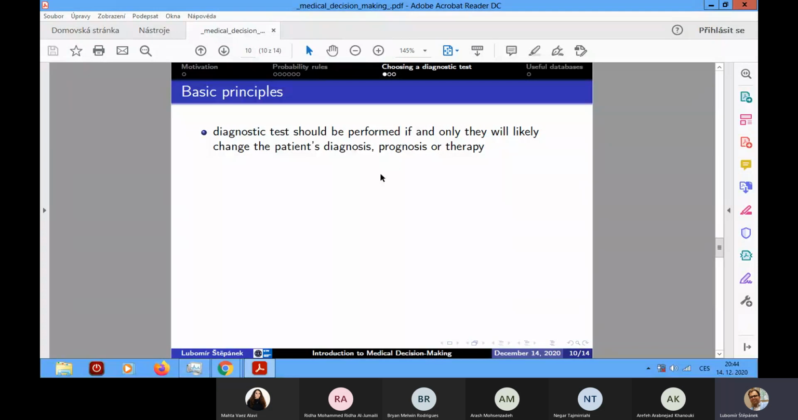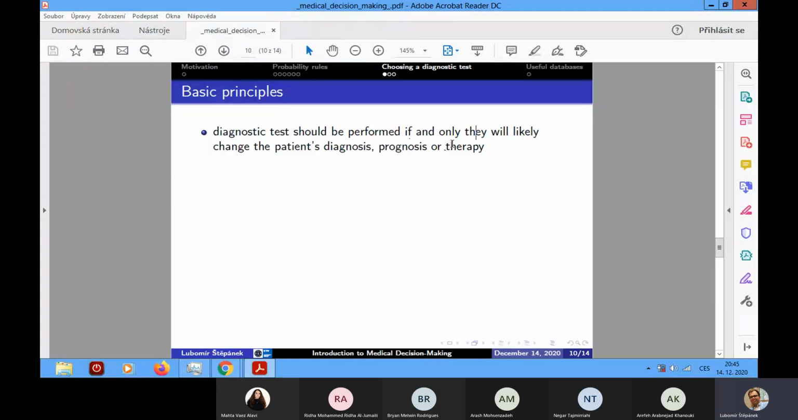In such a case, it's absolutely not necessary to do the diagnosis. If, regardless of the result of the test, we still follow, for example, the watch and wait strategy, it's just a waste of money and a waste of time to do the diagnostic test. So if we are not willing to change, for example, our current treatment or our current attitude